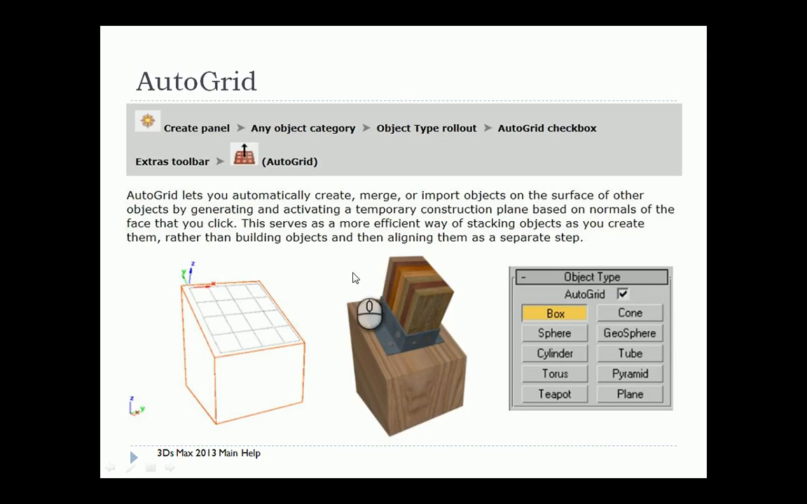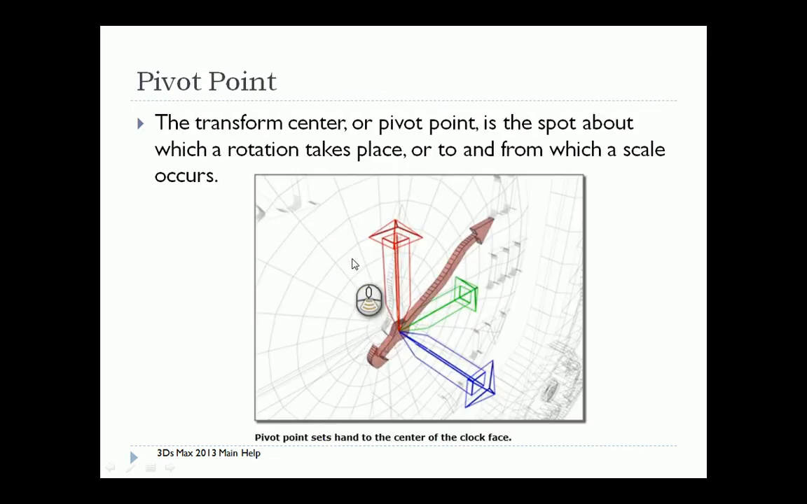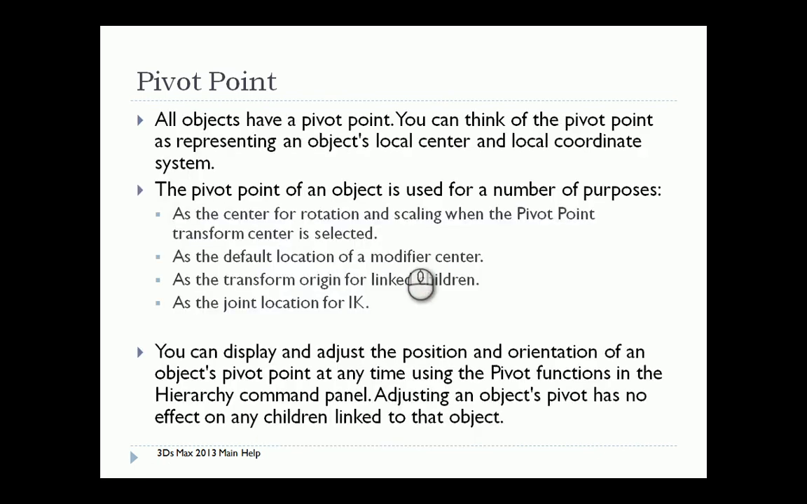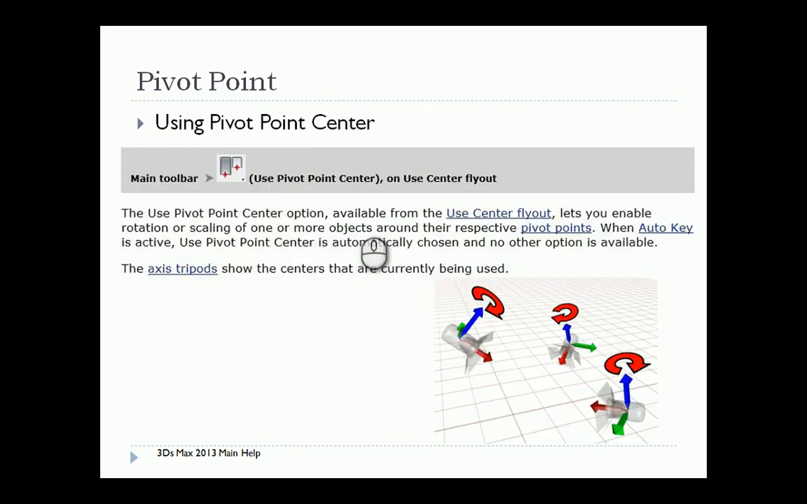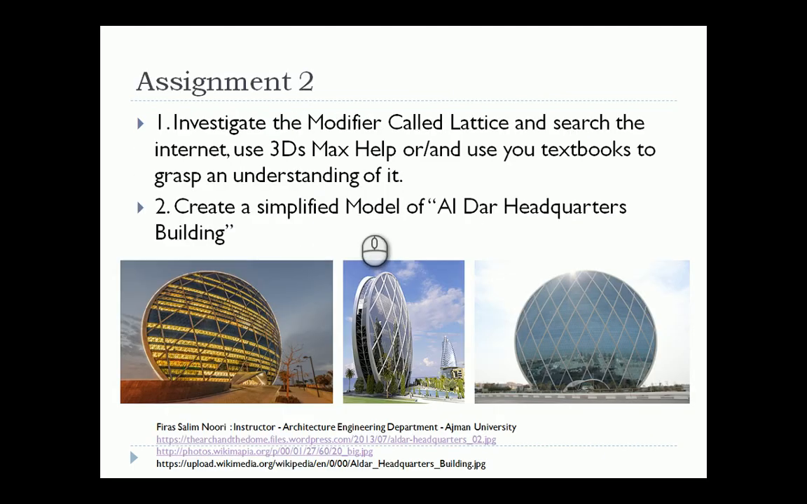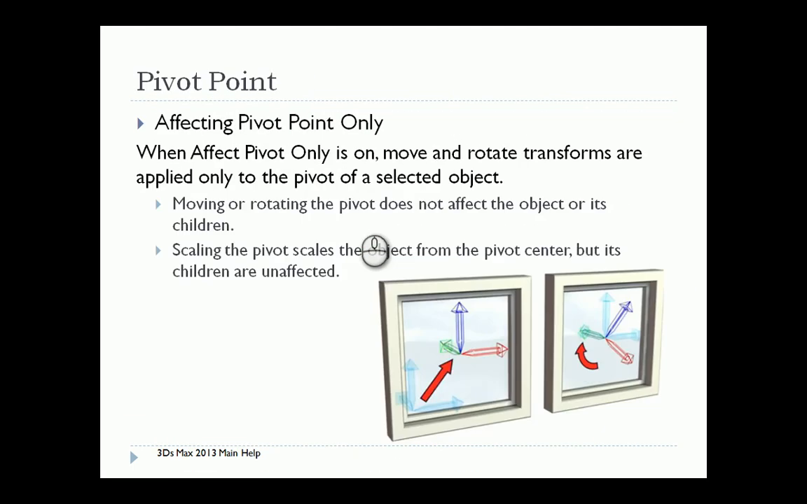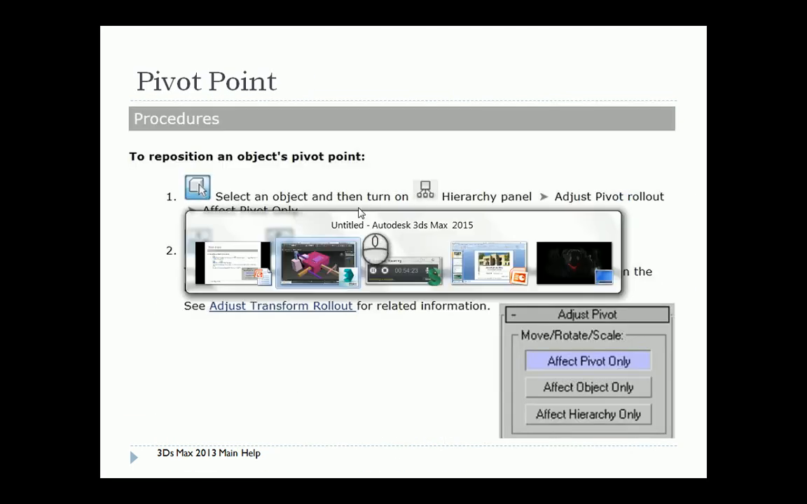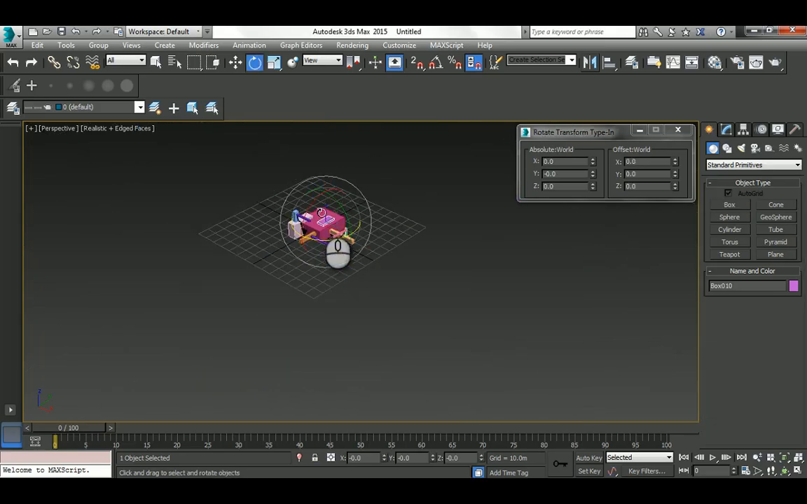Now the pivot point, which is technically the last thing to talk about in this lecture. The pivot point allows us to change the location of the gizmo. So if I go to the top view and I create a box here,